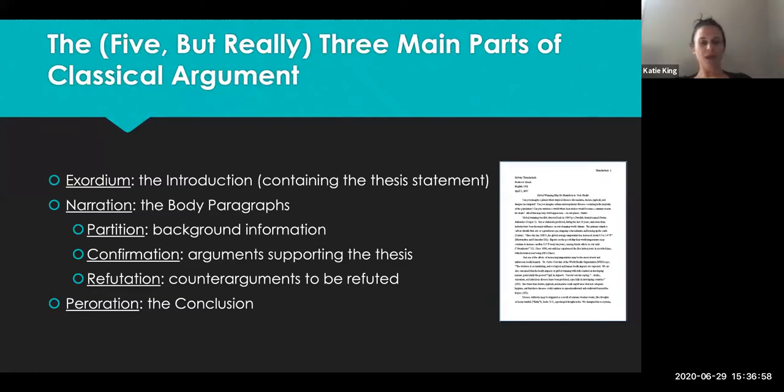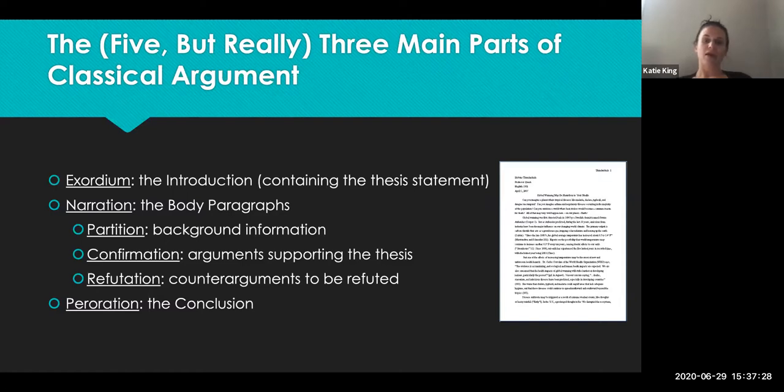So we have the exordium, introduction, thesis statement, then the narration, the body paragraphs. So we have what Cicero calls the partition, which is providing the background information, right? And in our essays, you're just providing enough so that you and your reader are on the same page, right? Think of the partition as kind of like the evidence of the evidence portion of your body paragraphs,